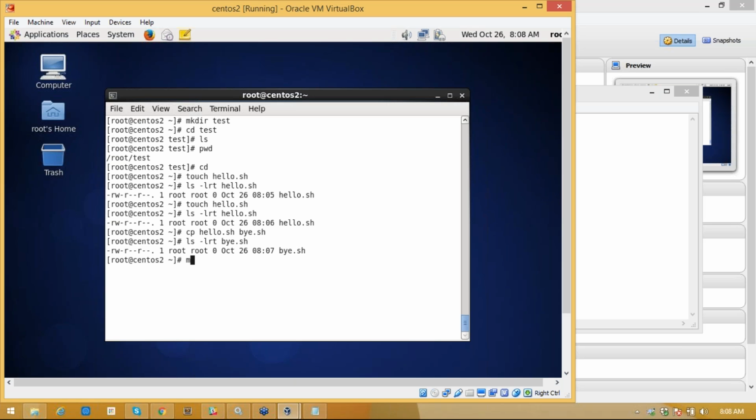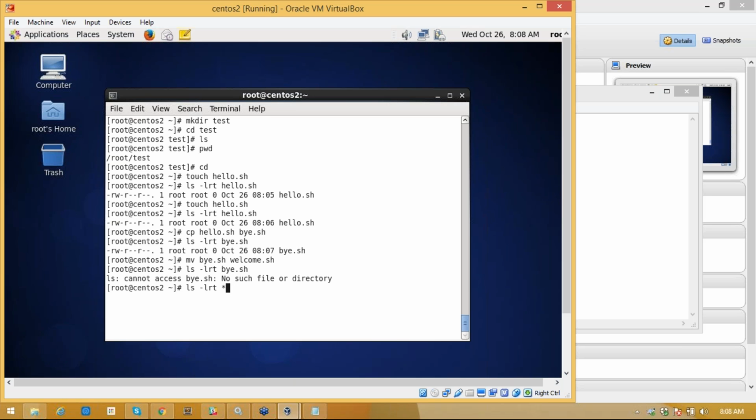In Unix we have a command called mv, the move command. What it does: suppose I say by.sh, I want to move it to welcome.sh. It will rename your buy.sh to welcome.sh. Now let us say we list buy.sh. We don't have such a file. Instead of that, we have a welcome.sh.